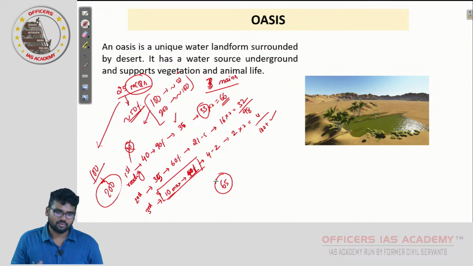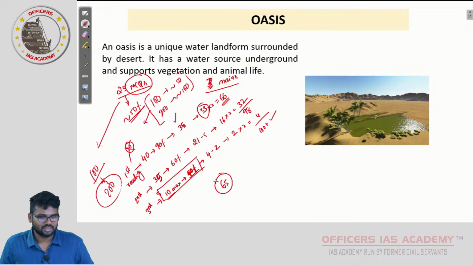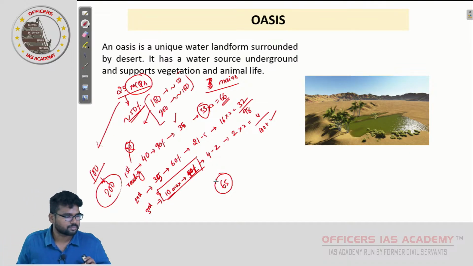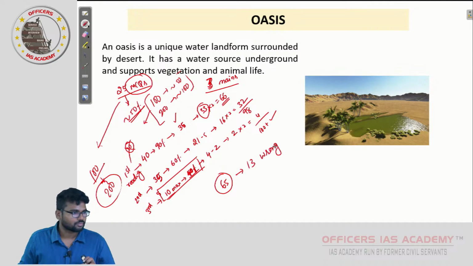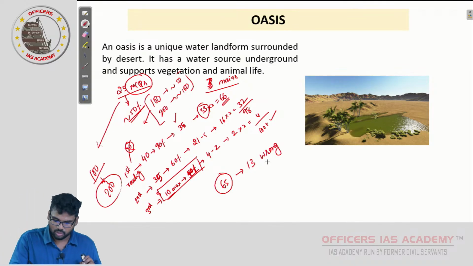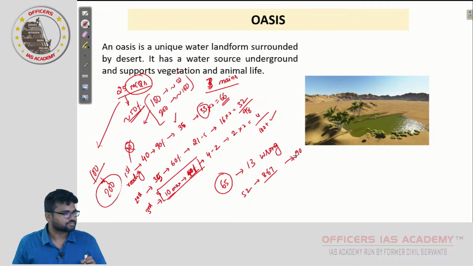Earlier we were highly relying on elimination and other things. Elimination had been eliminated. So this was the time I attempted only 65. But still I was able to make it because my negatives were very less, and here I made only 13 wrong. So out of it 52 got right, and you take 4 the 8.67 marks goes away. So it was in the range of close to 90s, and the cutoff is below 80,